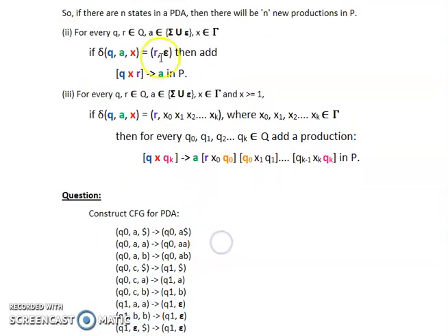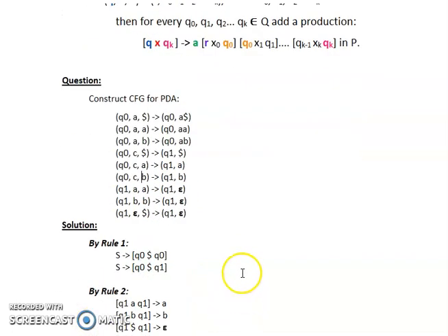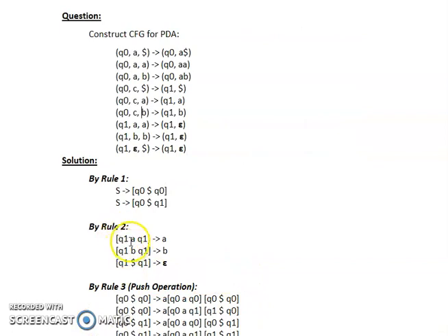Now let's solve this. According to the first transition, let's talk about Q1, A, A, Q1, epsilon. Now according to this, Q has to be written as it is. That means Q1 will remain Q1. Then you have to copy X over here, and X means A. So we have Q1 A, and then A on the right hand side and R over here. That means Q1 will be on the left hand side and A will be on the right hand side. Now let's check Q1, A, Q1 tends to A.